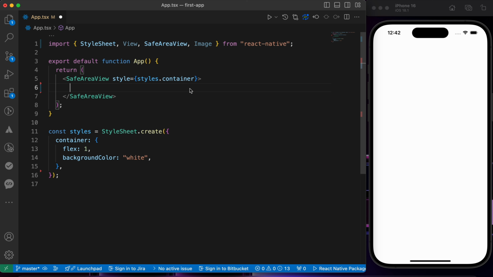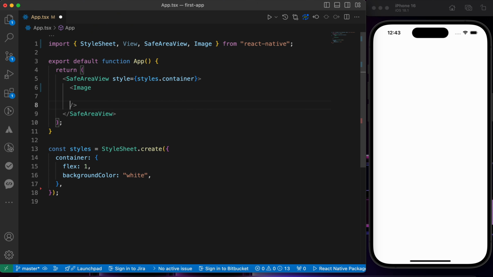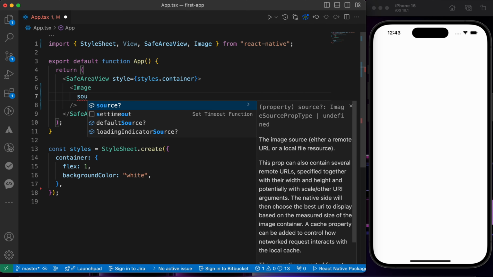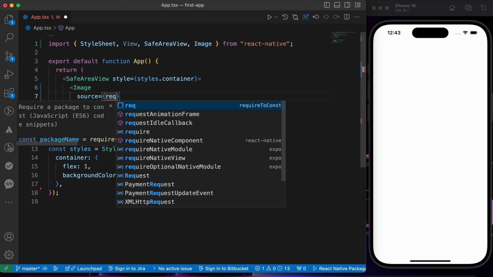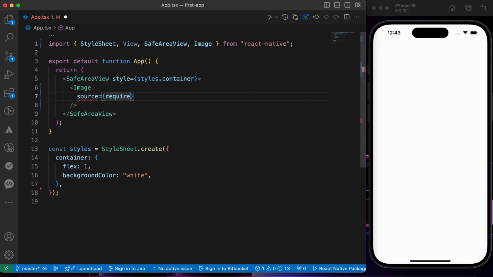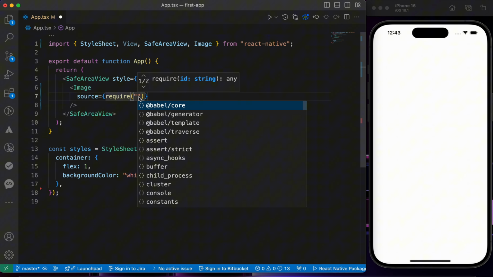Okay, how to use this component? You can just type Image. Since we're not gonna put anything between them, you can make it a self-closing tag like that. This Image takes a main property called source. Inside source, you have to pass the require function, and inside require, you need to put the path of